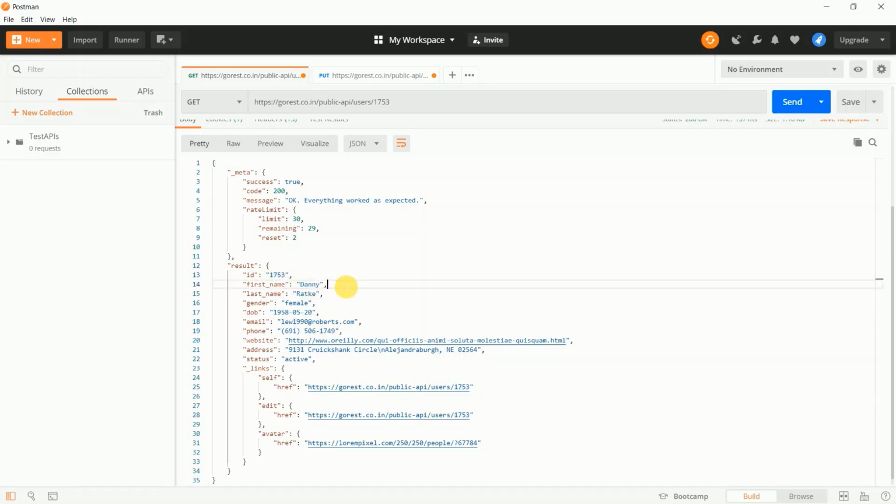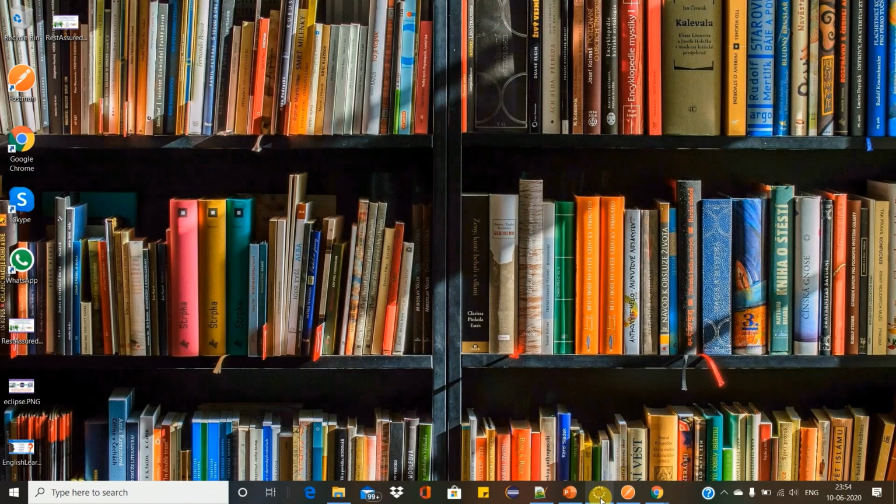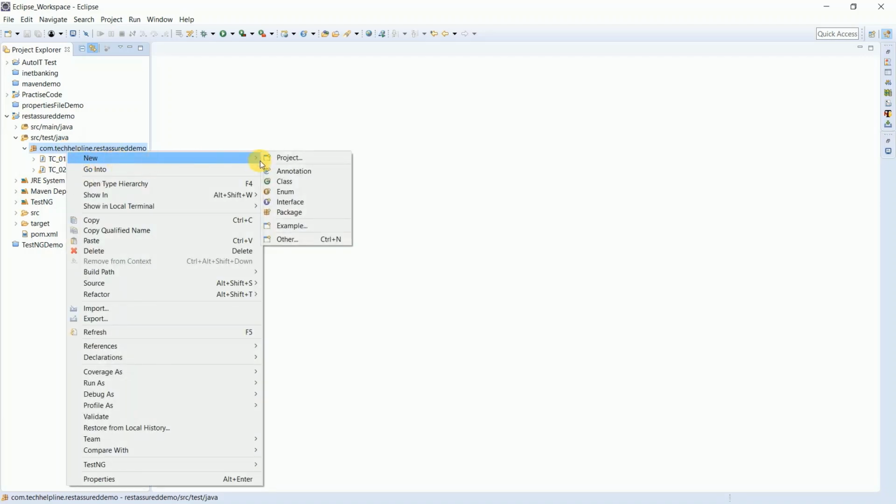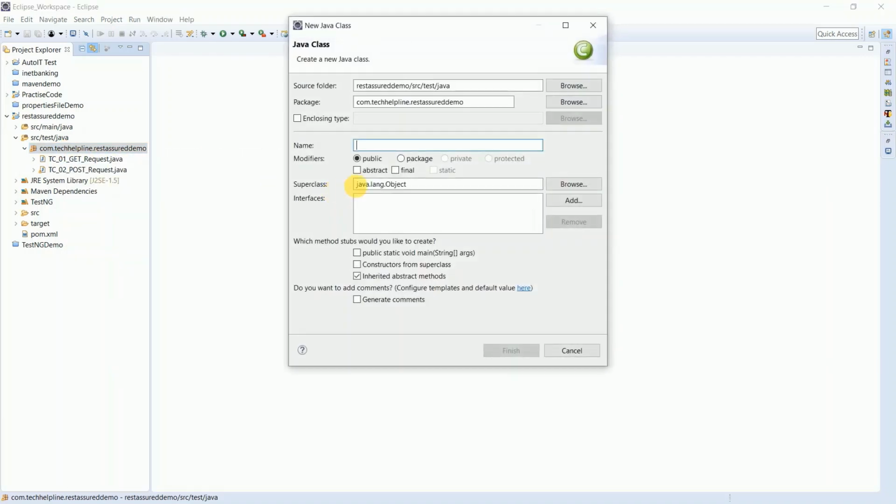Okay, the same thing we will implement in Eclipse IDE. So let's move on to Eclipse IDE. Here we will create one more class for the PUT request. I'm just creating a new class, test case 3, and the request type is PUT.